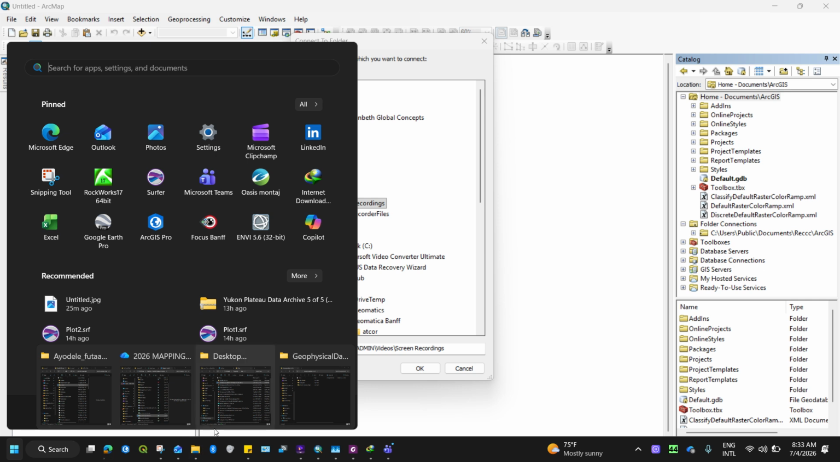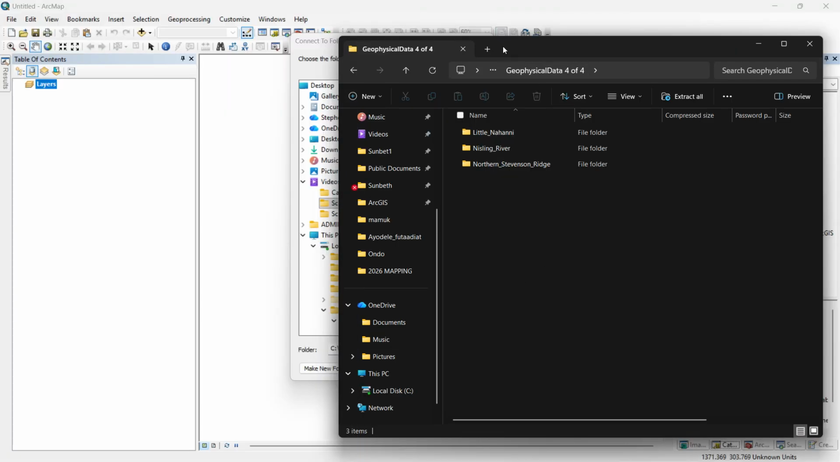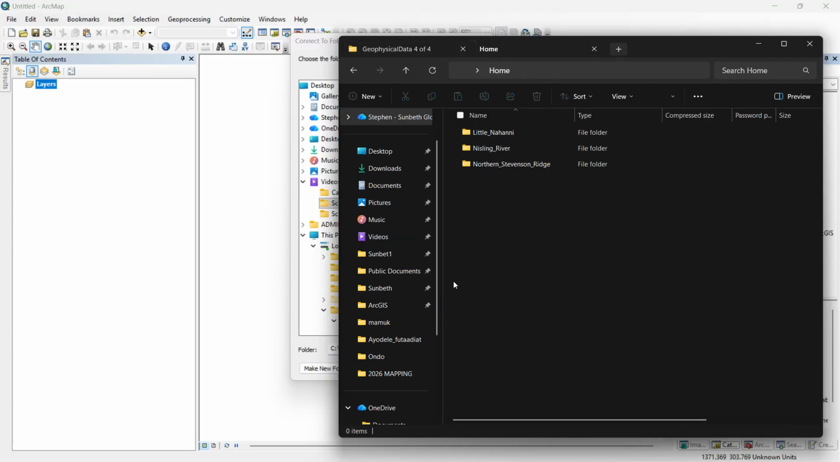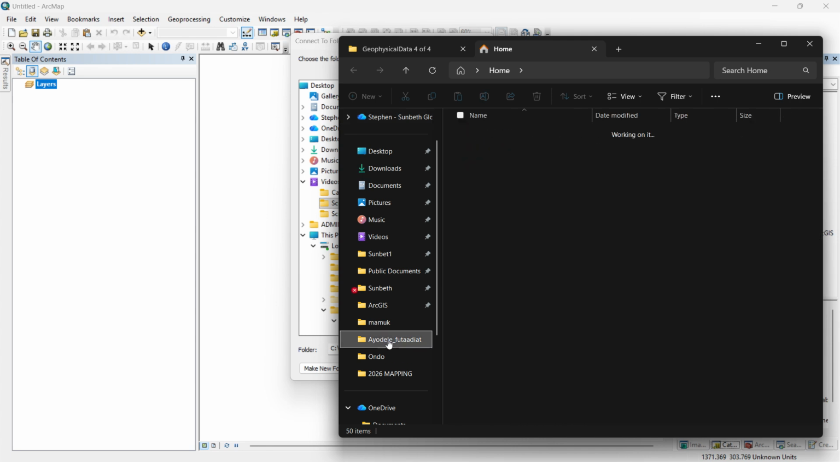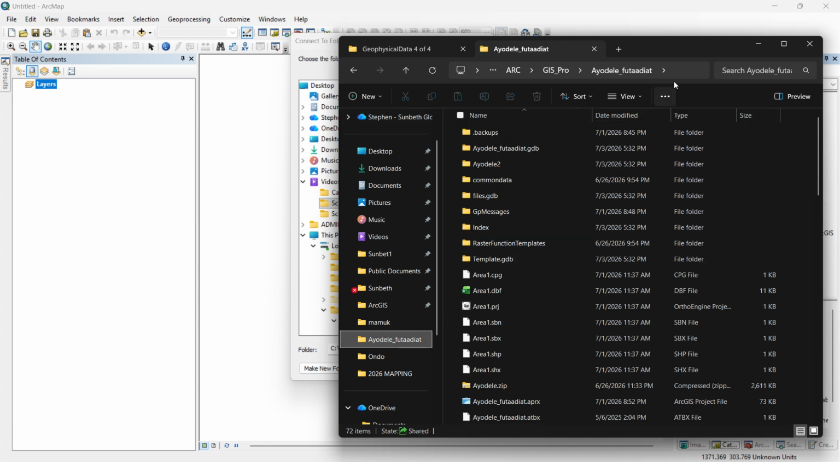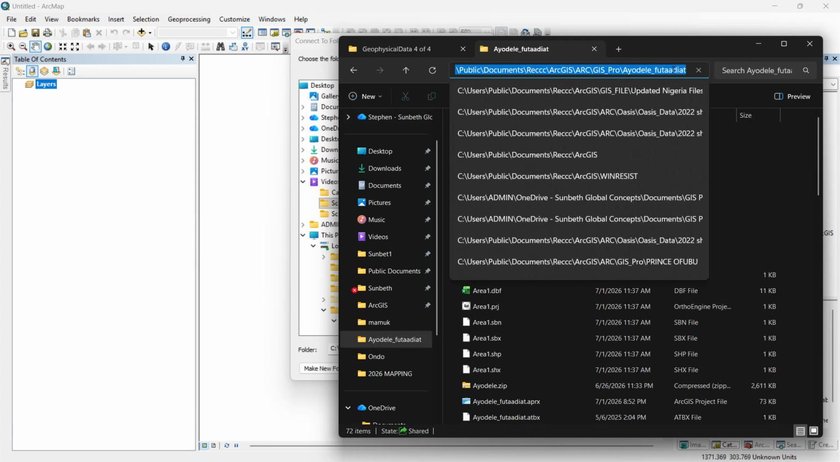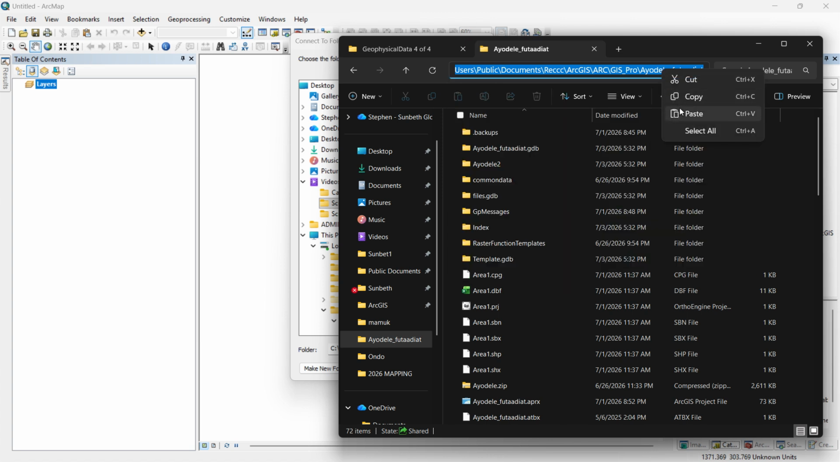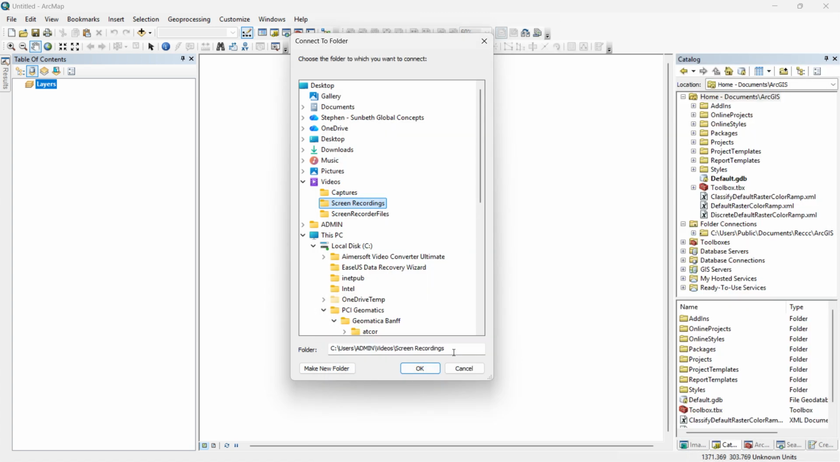Go to your file explorer. Let's say this is my file explorer. I needed to pick a document. Maybe you have the document already open. You can come here and press Ctrl+C to copy it, then you come here and paste it. If I do it like that,